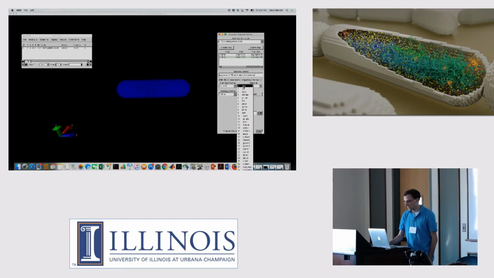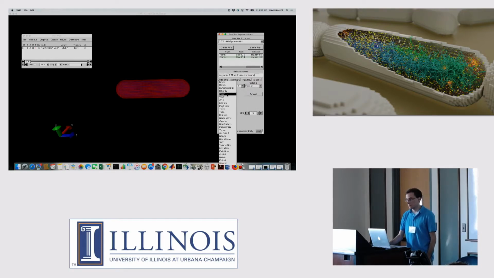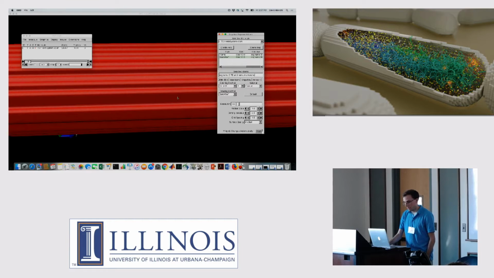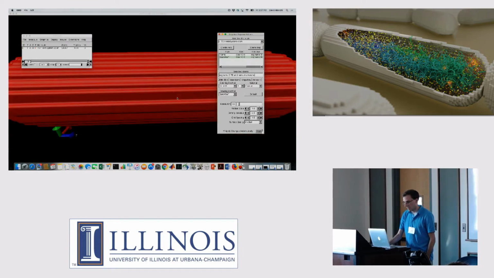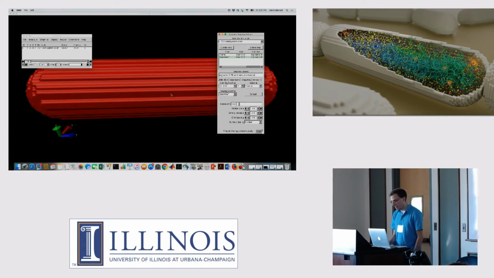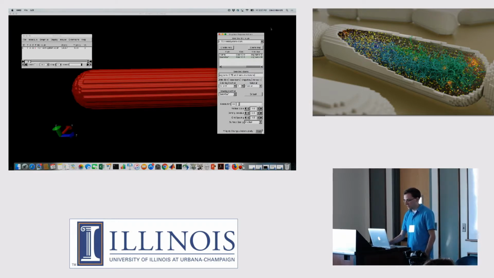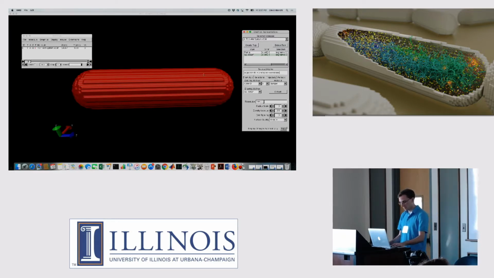And what might be interesting for the membrane is to see it, instead of as different sites in a point formation, as a surface. So you can zoom in and kind of see that structure. And another interesting tool that people who use VMD might be familiar with is you can actually create